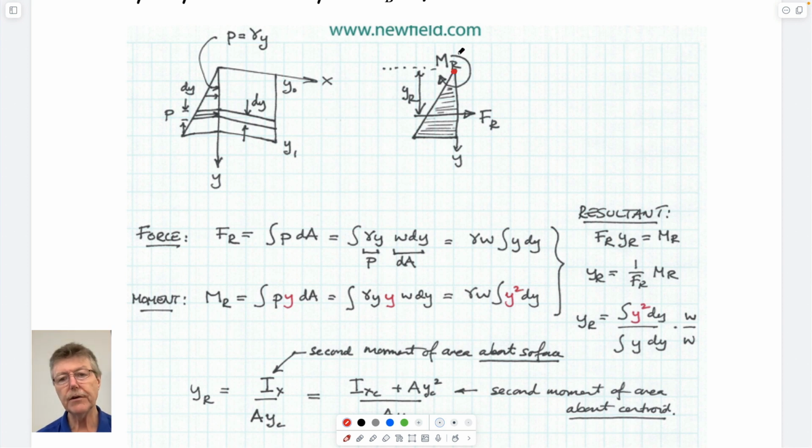We could take a moment around here, which would be this. And so we'd take this differential distribution of pressure acting in this multiplied by this lever arm. We'd take this differential distribution of pressure here acting by this lever arm. And of course these lever arms are of length y, and these lengths are dy. Doesn't really matter. All that matters is that if we take the moments acting around here, we can